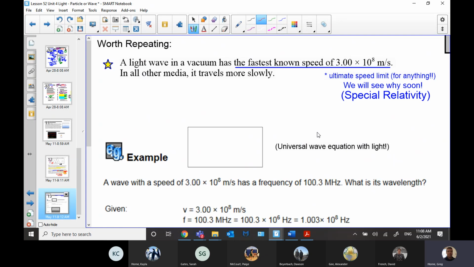Maybe I'll talk about it a little bit now too. Light interacts with the atoms or molecules that it's trying to travel through. So instead of light just traveling through a vacuum with no resistance, no delays whatsoever, the energy has to sort of transfer from one molecule to the next through substances, and that slows it down.